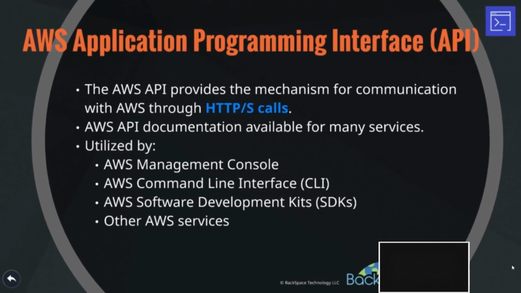When you're using the AWS Management Console like we've done in the past, AWS uses an application programming interface to enable that communication between your remote computer and the AWS services and resources. So how that works is that the AWS Management Console that you have been using is simply an application that is running on your browser, and it is sending HTTP calls backwards and forwards to this application programming interface backend